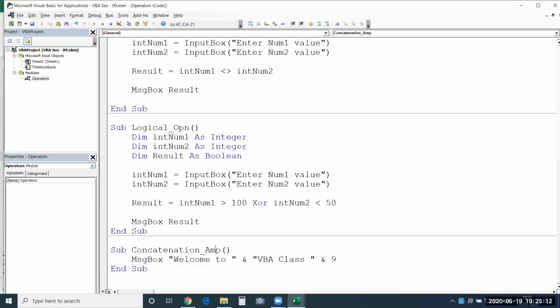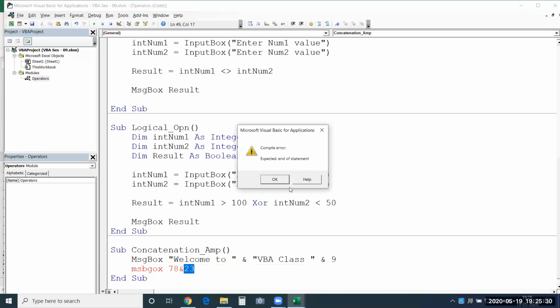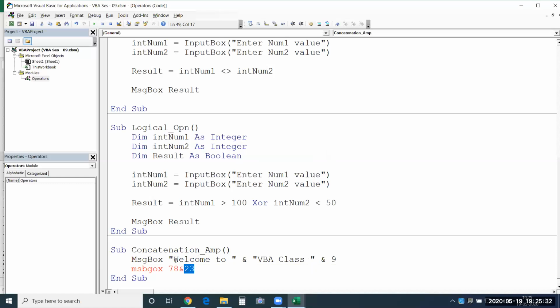Now what if number and number is used? Let me show you that also. Message box, if I type any number and I use a concatenation operator, I can give some other number here. I need to use space. Now if I run it,